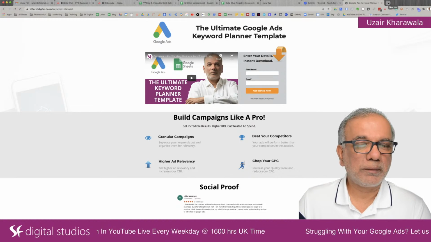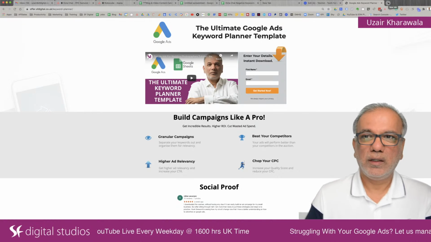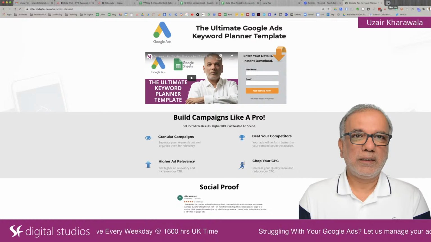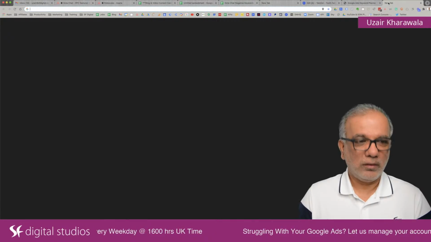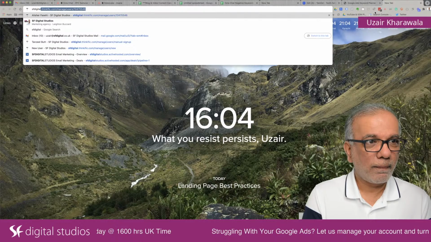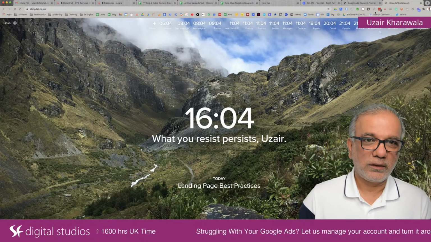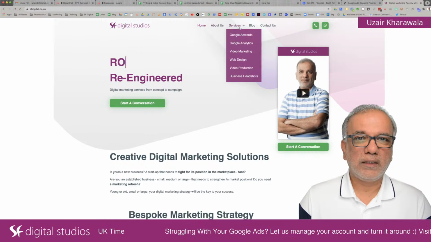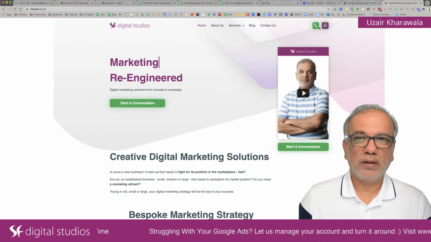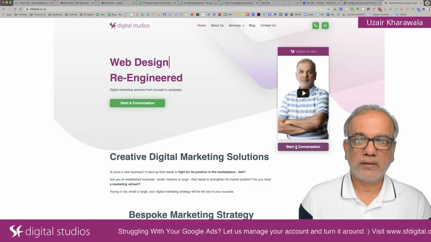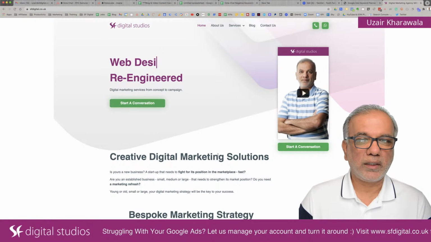Obviously, you know what a website looks like and what it is. The problem and the difference between a landing page and a website is a web page has got a lot of call to actions. So somebody comes here, we've got all these navigation bars at the top. I've got these two buttons there, start a conversation there, over here,